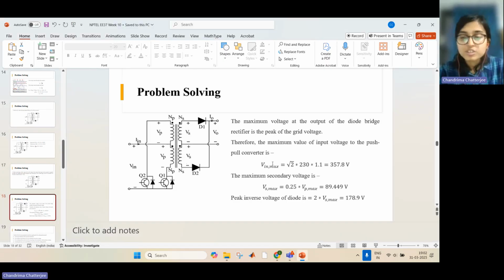So first of all, we need to find out what is the peak voltage. While studying the diode bridge rectifier, we have seen that the peak value of the output voltage with a capacitive filter is √2 times